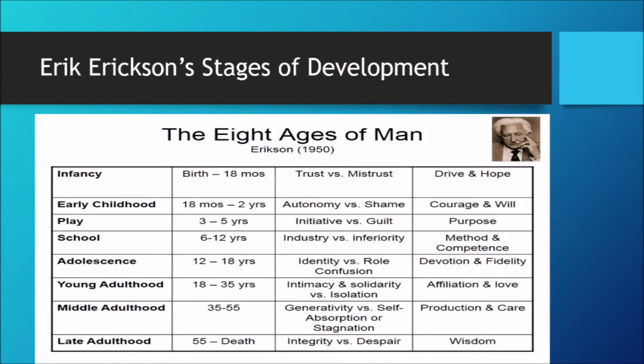So this is now Erik Erikson's theory. Erik Erikson, who lived from 1902 to 1994, was a stage theorist who took Freud's controversial psychosexual theory and modified it into an eight-stage psychosocial theory of development. During each of his eight stages, two conflicting ideas must be resolved successfully in order for a person to become confident and contribute to society. Failure to master these tasks will lead to feelings of inadequacy.